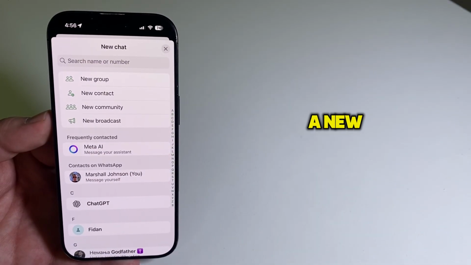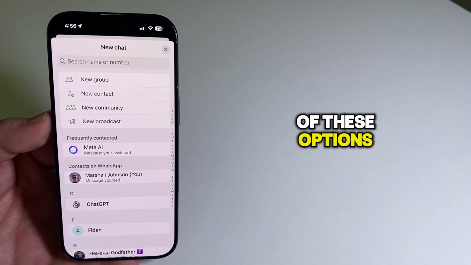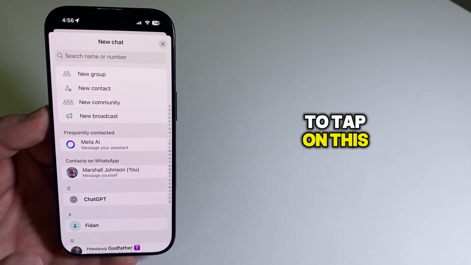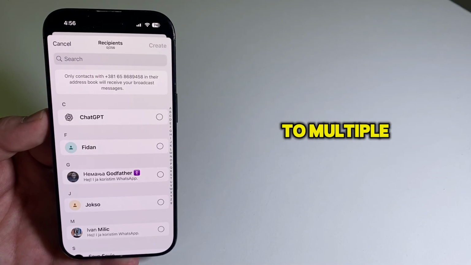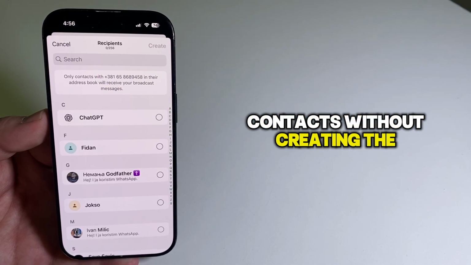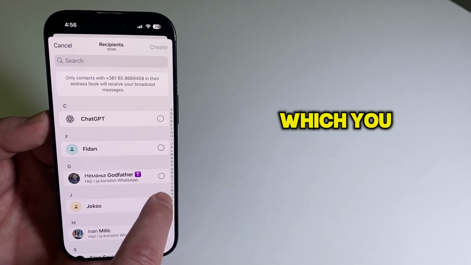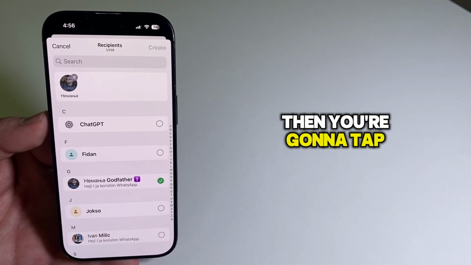This is going to open a new window where you'll have all of these options, but our job is to tap on this new broadcast option, which will allow us to send a message to multiple contacts without creating the group. So select the people to which you want to send that message, then you're going to tap on Create